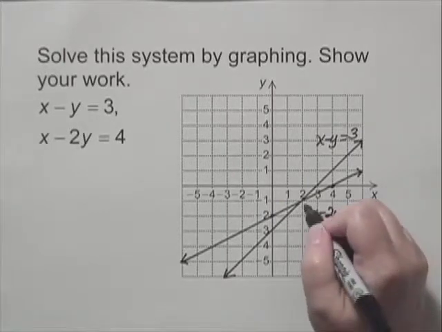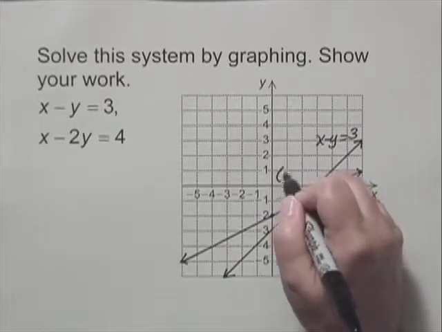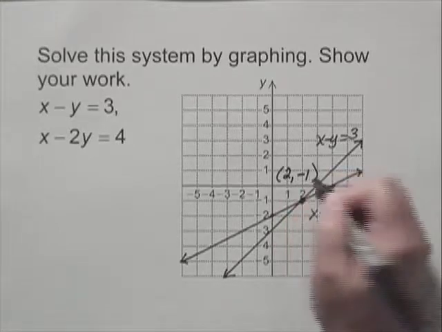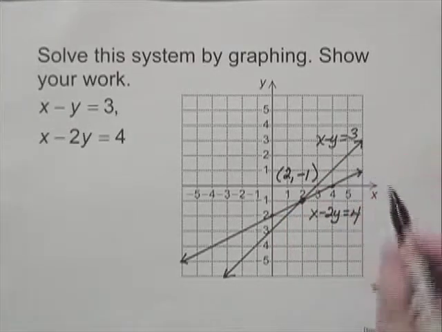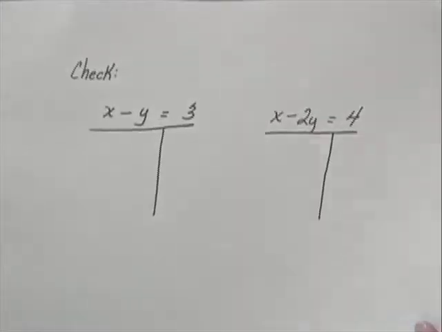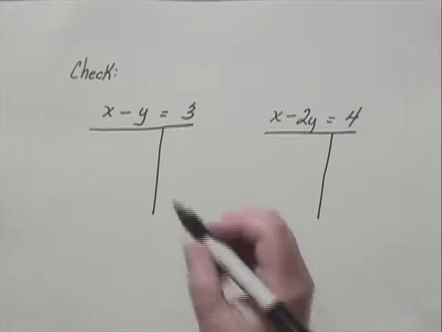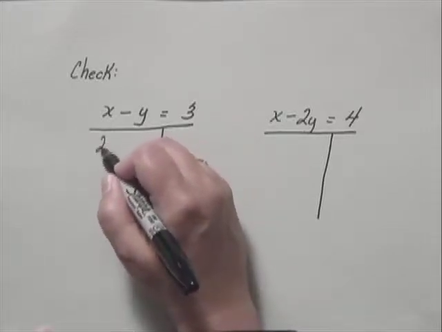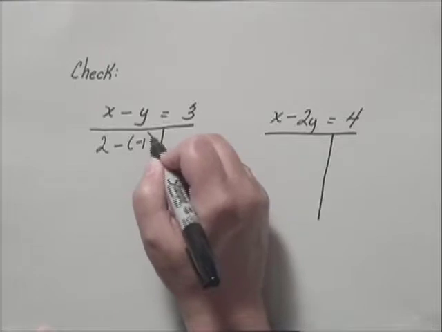And it appears that the point of intersection is the point 2, negative 1. Now, since we're graphing, it's possible that that wasn't exact, so I need to check that. And I'm going to check that by substituting in both of the equations and seeing if it makes both of the equations true. We have 2, negative 1, so I substitute 2 for x, negative 1 for y, which gives me